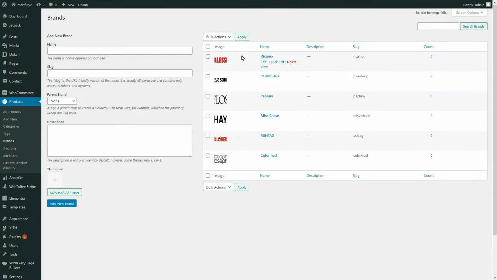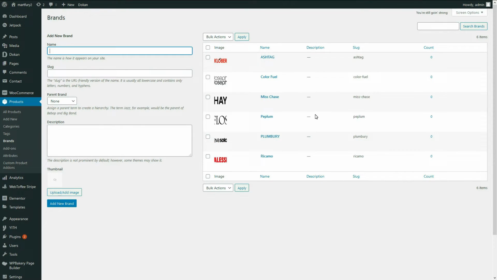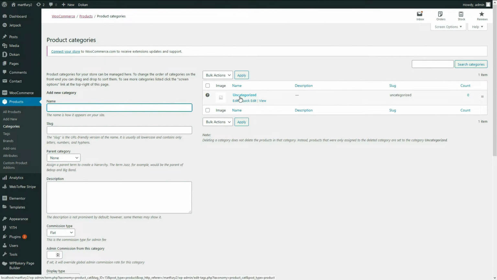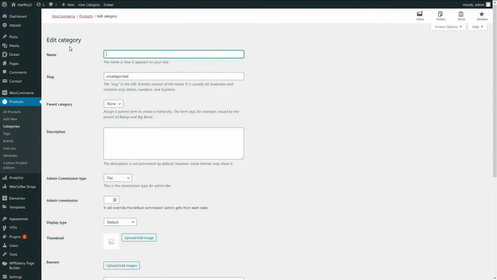After that, what I will do, I have to create the products. Now I have to create the product categories. For that, click on this product, and downside here you can see the categories option. So click on this category. By default, there will be an uncategorized category. You can edit it by clicking this edit option. Remove the name, and after that write winter wear, and here in the slug also you can write winter wear.